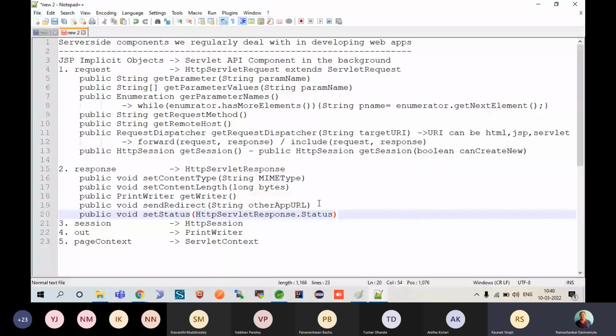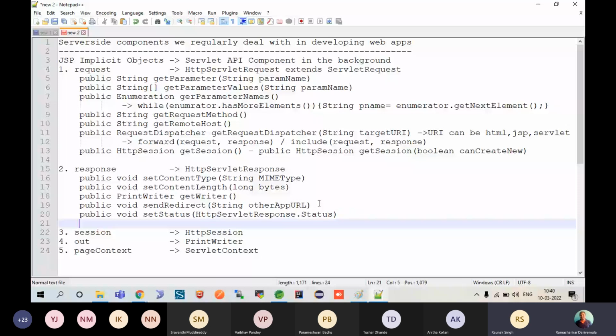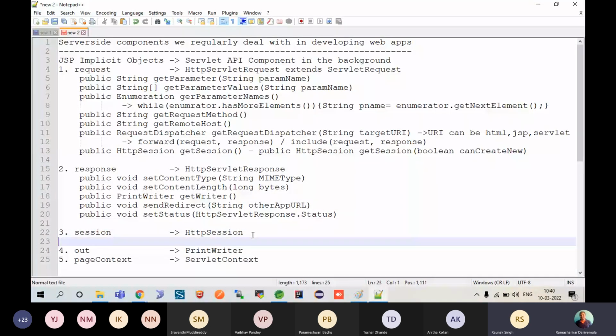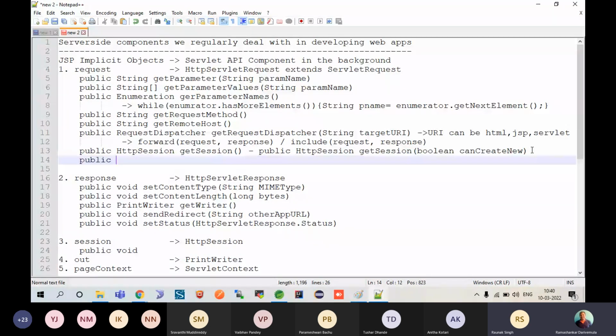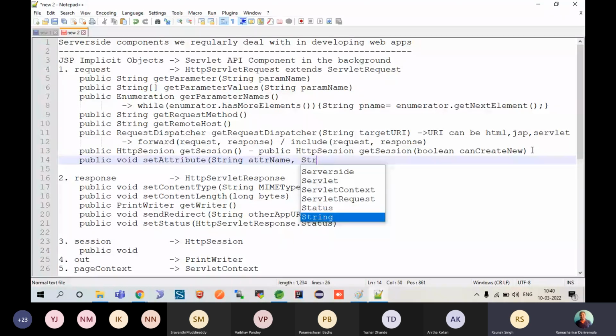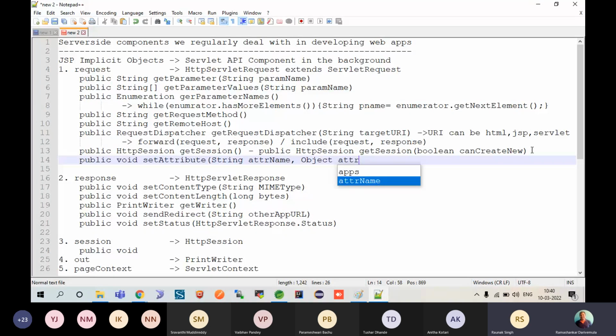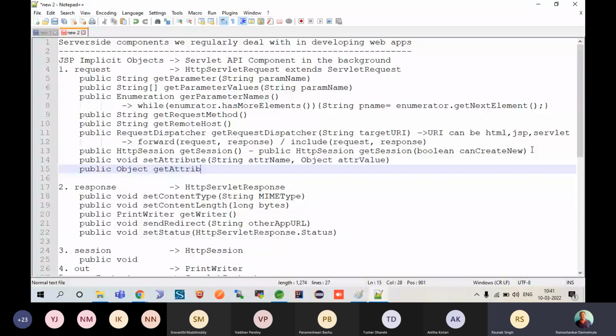All of these are basically methods of request and response. And then using the session, you have public void. And by the way, my mistake, request is the most useful object. You have public void set attribute, where you can set string attr name, which is an extra parameter that you wanted to set, and object attr value, and to get that attribute,